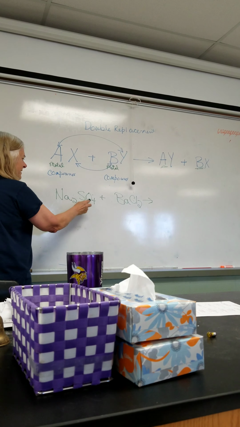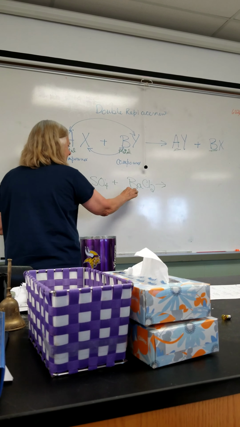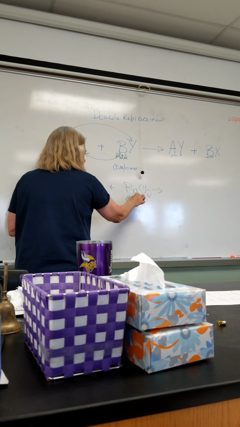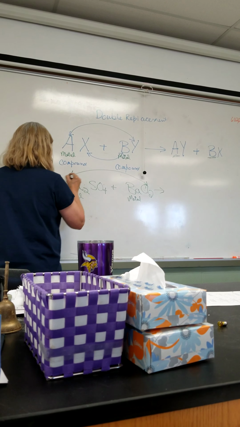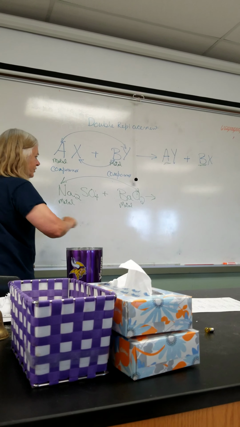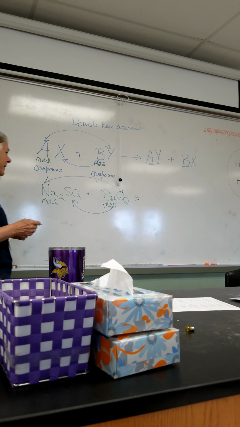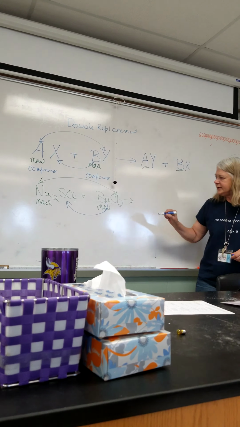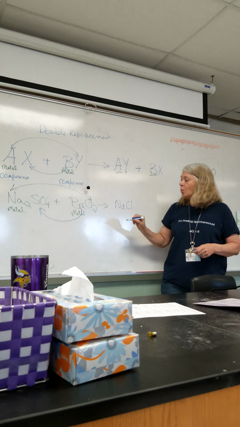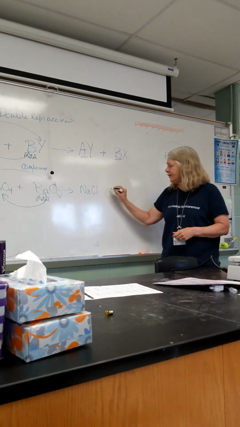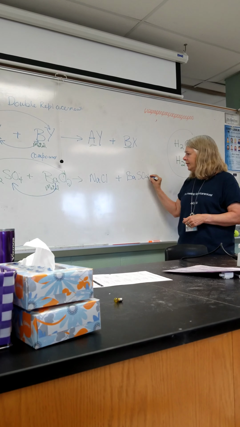So I've got sodium sulfate, this is a metal, and this is a metal. So this is going to switch places and go with that. This is going to switch places and go with this. So my first compound is going to be NaCl, and we'll practice why it's not NaCl2 another day, plus BaSO4. And of course that